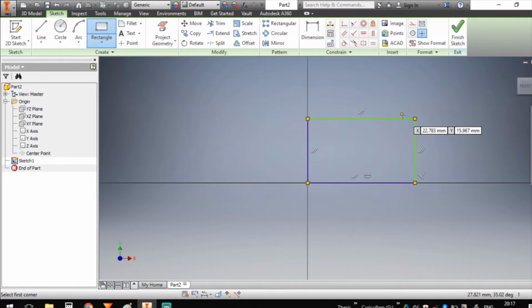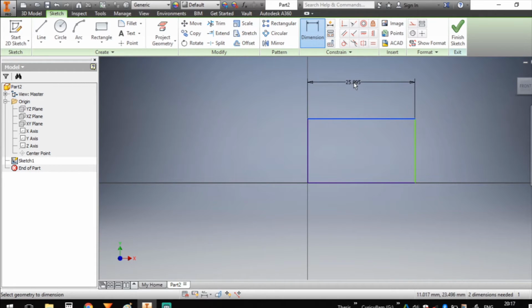So your rectangle will be completed, but we have not given the dimension. To give the dimension, just click on dimension, select the length, left click, move the cursor upside and again left click. Now give the dimension as per your requirement. I will give 50.